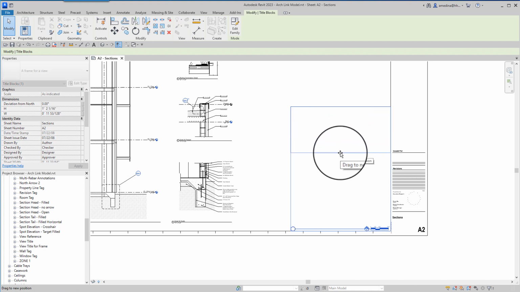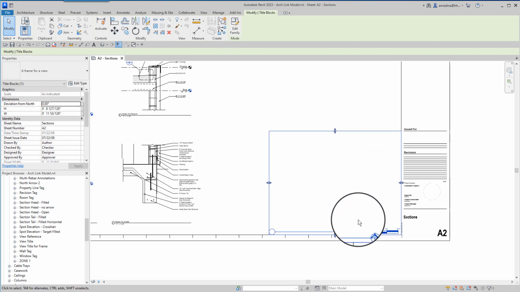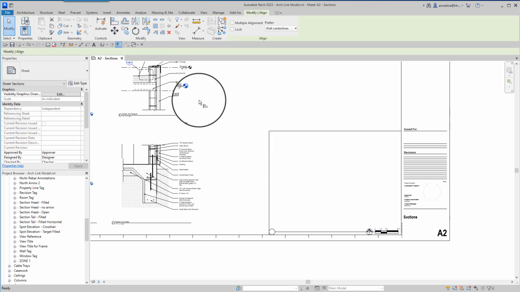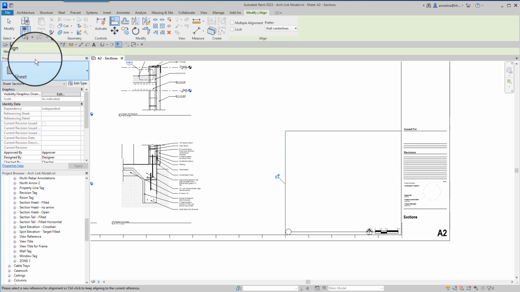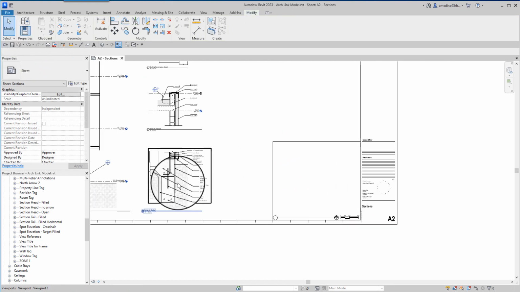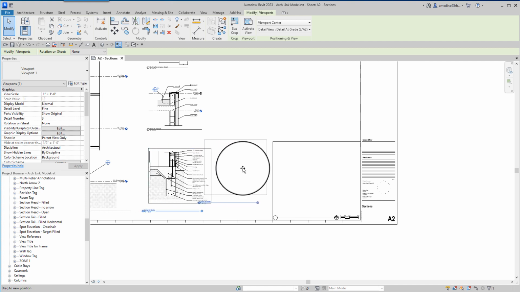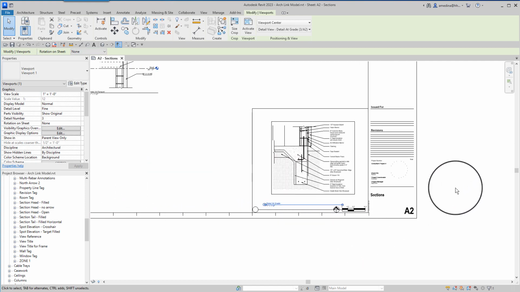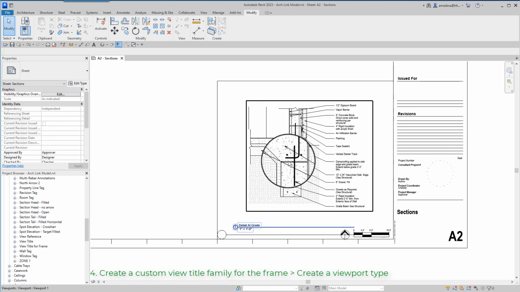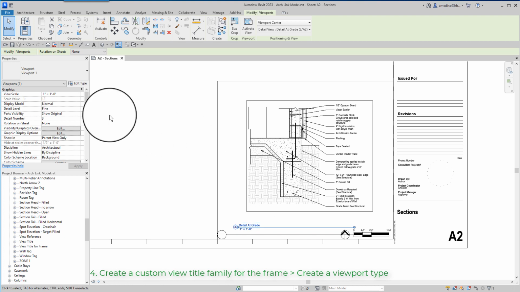Later on we will put global parameters into this. At the moment I can just align the edges of the frame with something in the title block. So let's suppose that this detail is going to be here,